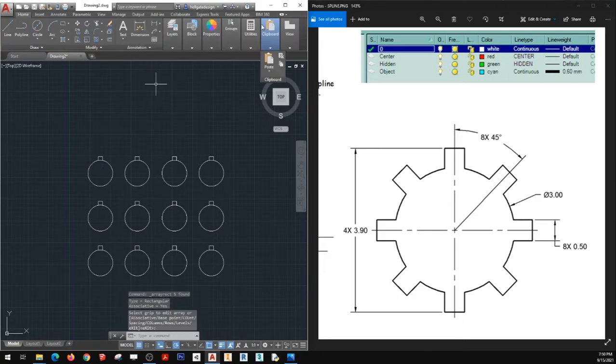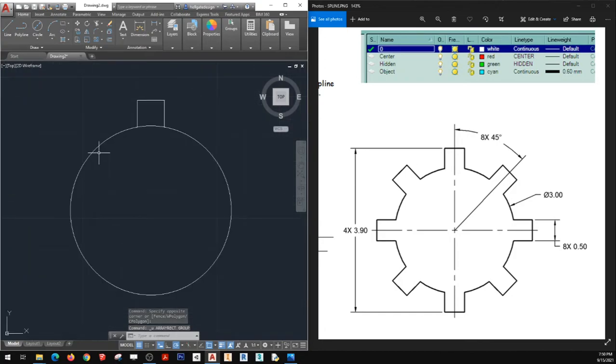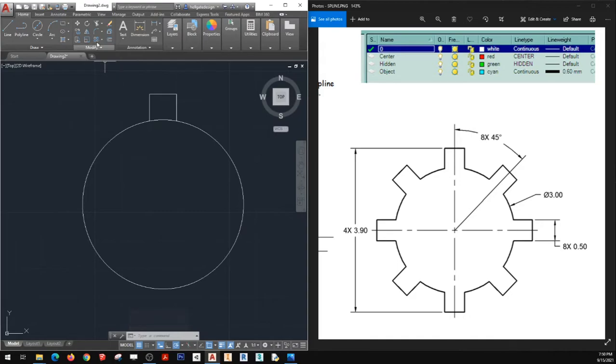So I'm going to hit close and then hit Control Z to go back. Let me click in my drawing window and then hit Control Z. What we want to do is use a different type of array. So if I hit this arrow, I can go to polar array. But I'm going to select my object first. So I'm going to select those 3 lines. Then I go up to polar array. And now it's going to array it around a center point. So I've got to click my center point. So I hover over to the edge, click my center point,